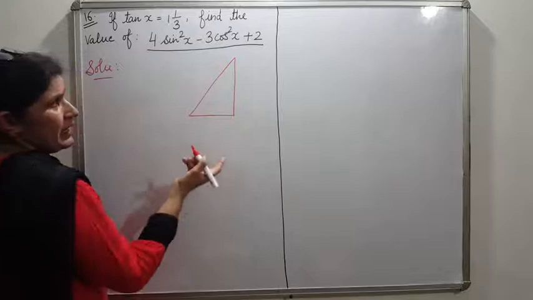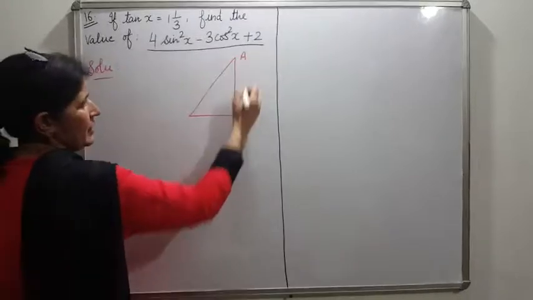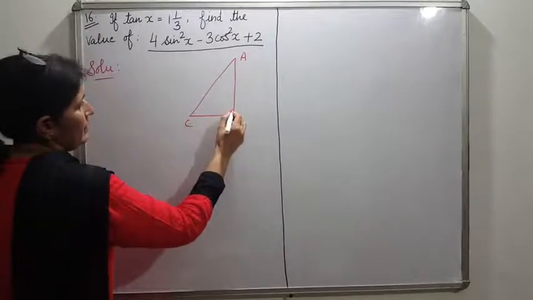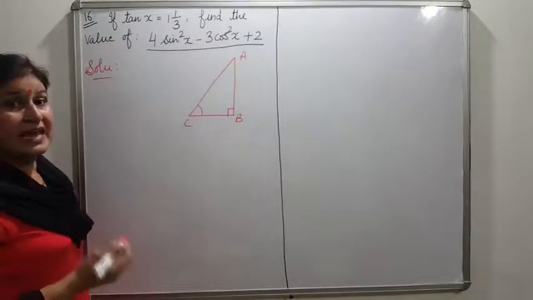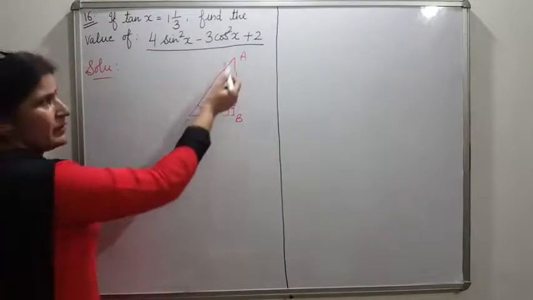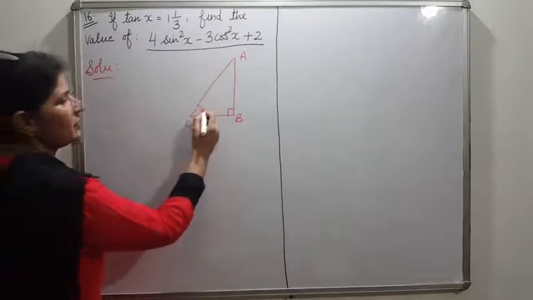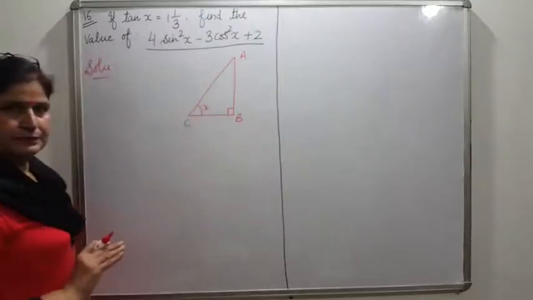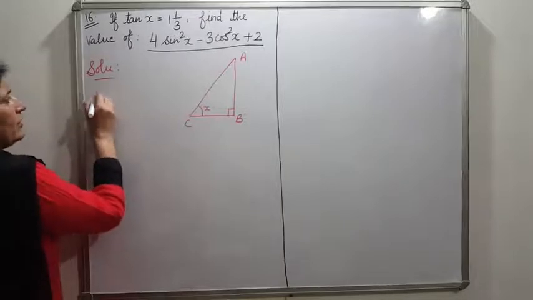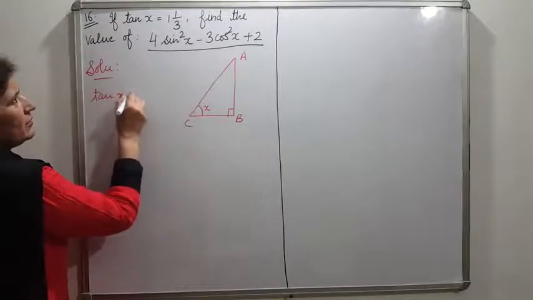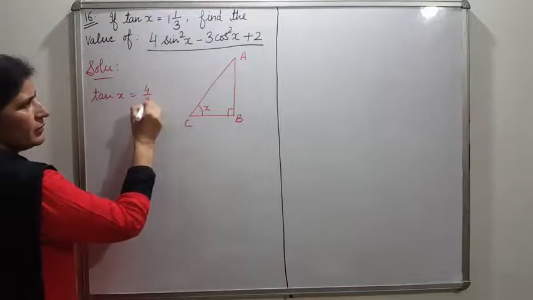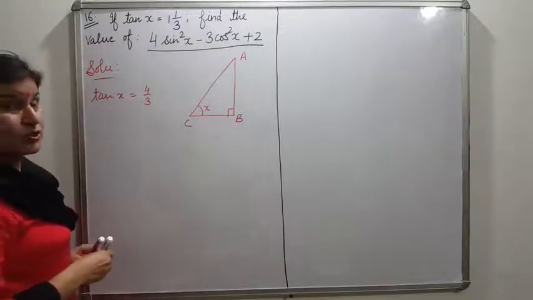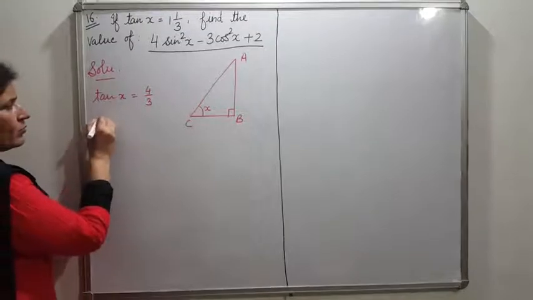You can name it ABC, and then any of the angles you can take as x. Acute angle. We have here two acute angles that you can name as x. Now, the value of tangent x is given as 3 ones are 3 plus 1, 4 over 3. So, which two sides' ratio do we have to take? Perpendicular over